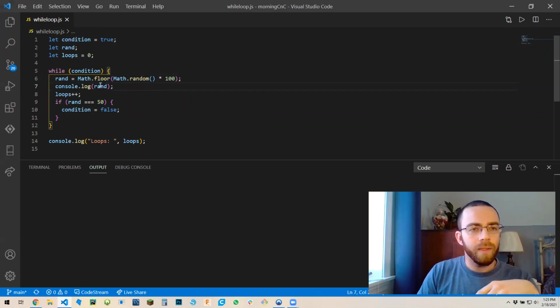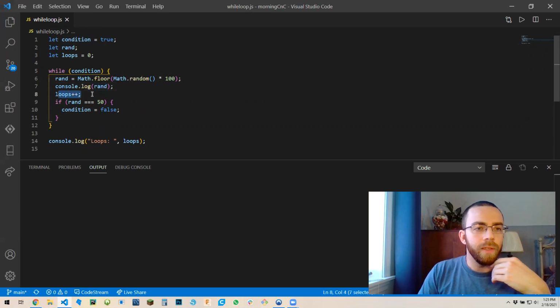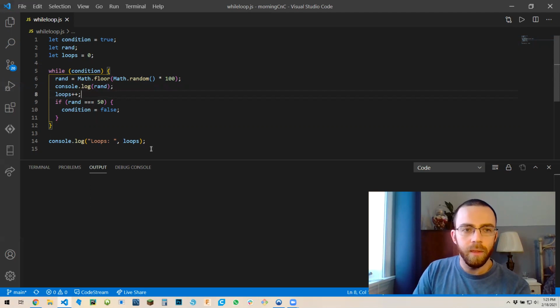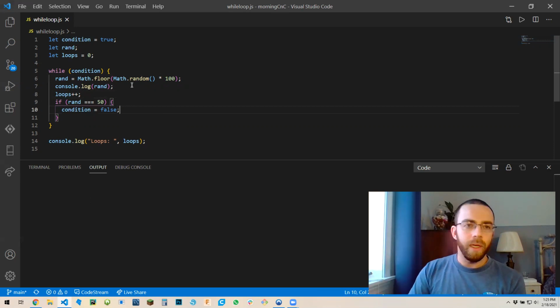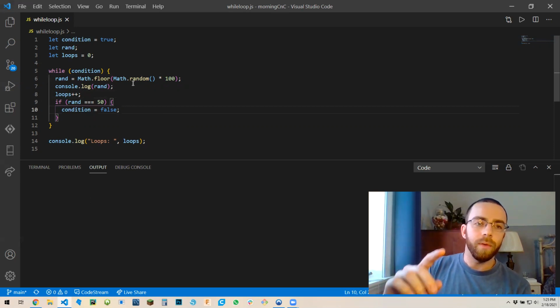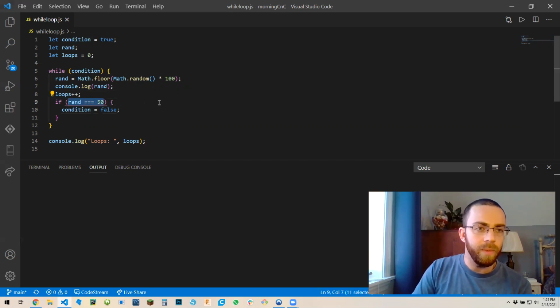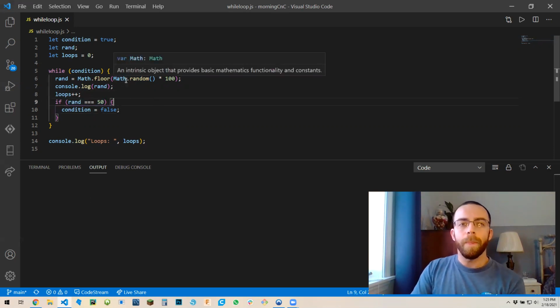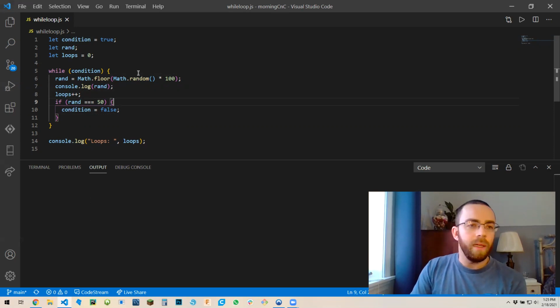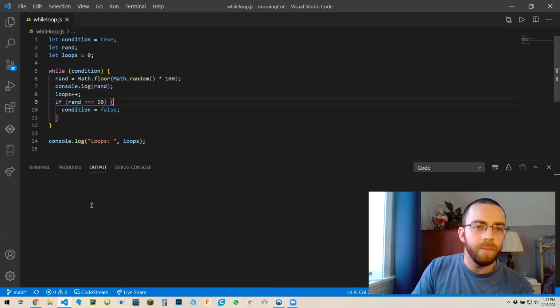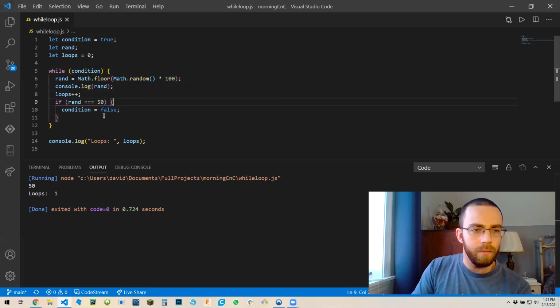Right. Then we're going to console log that so we can see all the random numbers. And then we're going to increase loops by 1, again, so we know how many times it runs through. And we're going to console log that at the end. Now, it is a random number, so it's not going to just increment up to 50 like this if statement is asking for, but you'll see it's going to run and say,